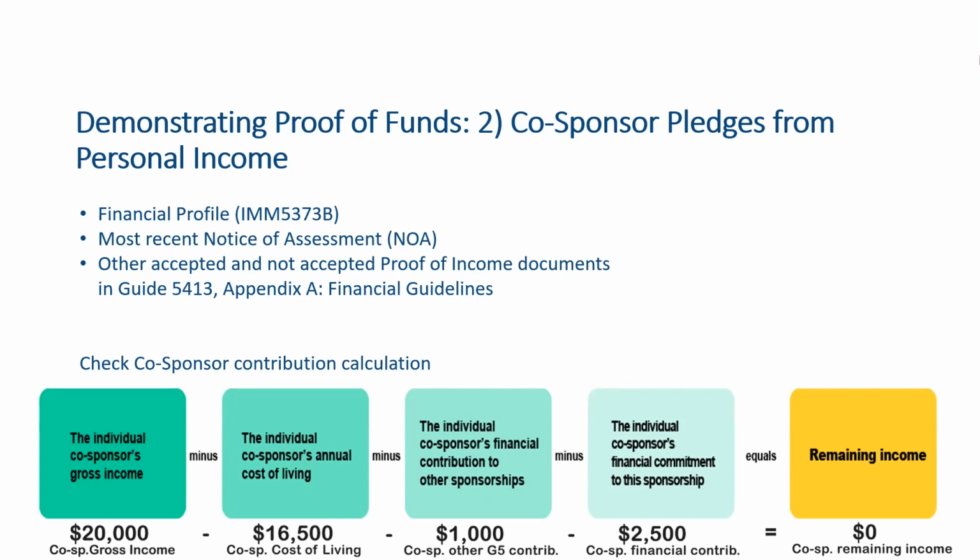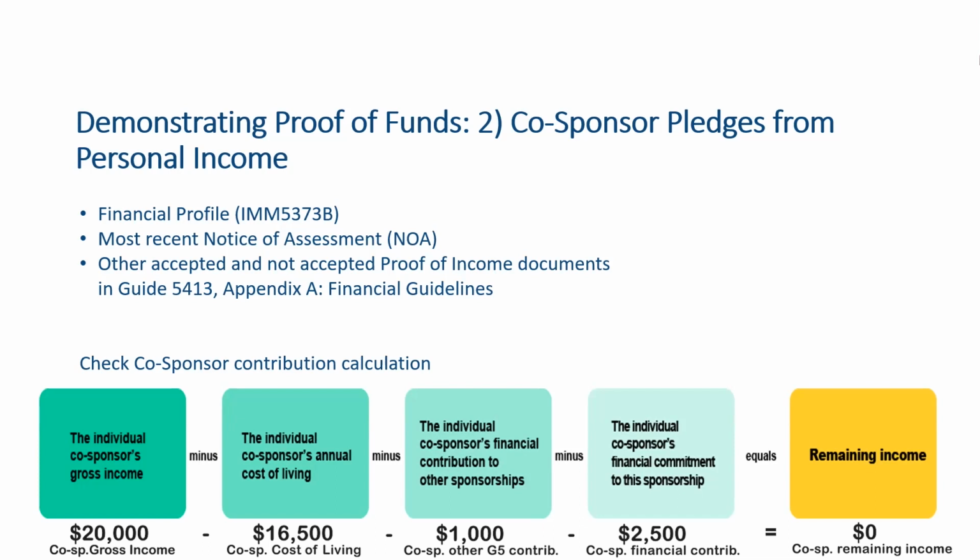So that would effectively leave, in this example where I'm your co-sponsor, $2,500 that I'm able to commit to this application. So that's demonstrating proof of funds through pledges from a co-sponsor's personal income. I know it probably sounds complicated right now if you're not used to Group of 5 and community sponsor applications, but if you are working with a co-sponsor and they are pledging from their personal income, and you want someone to talk through this process with of doing this calculation, please reach out to your RSTP trainer,